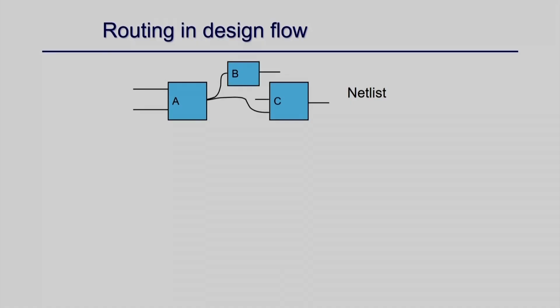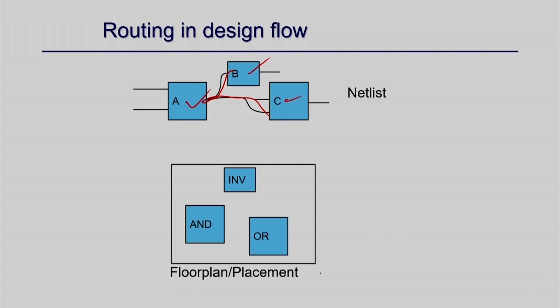Okay. So I will move on to routing now. The positions of each block are now fixed, they are final, I cannot change their position now, but I have to make the physical connections. So I know this block is placed here, this block is placed here, and I have to make these connections now, and this is what routing is.